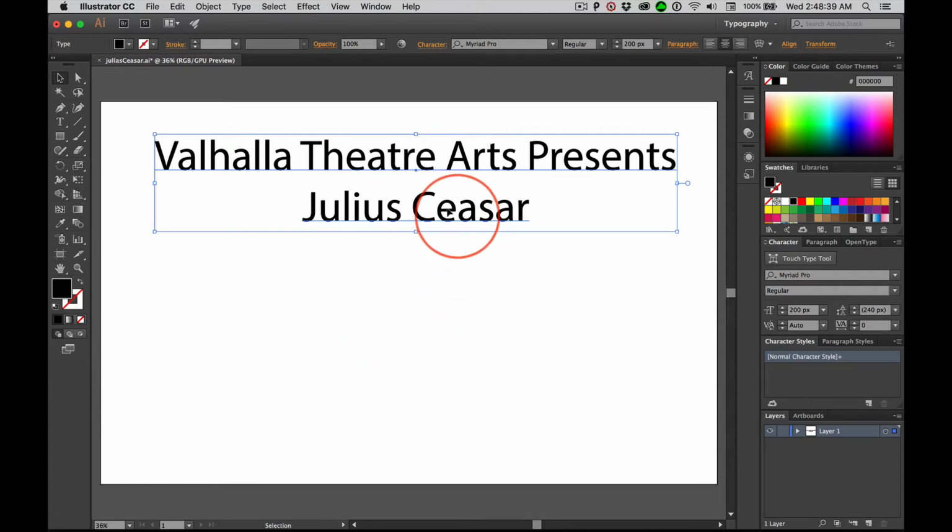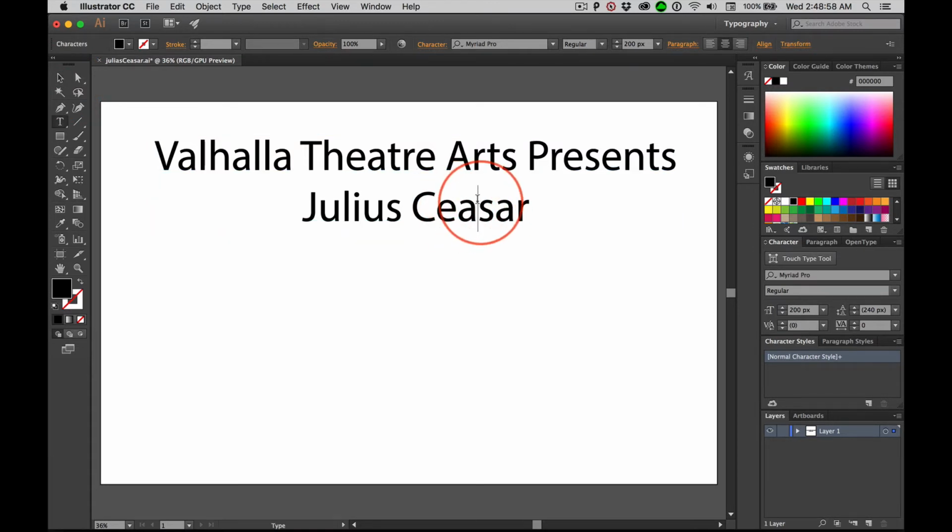Yeah. Scotchgo can't spell. I spelled Caesar wrong. So we want to change that A and the E, the position of those two. So you edit with the type tool, but watch, this gives me a chance to show you something cool. You got the black arrow, you want to edit, put your cursor where you want to edit and double click.